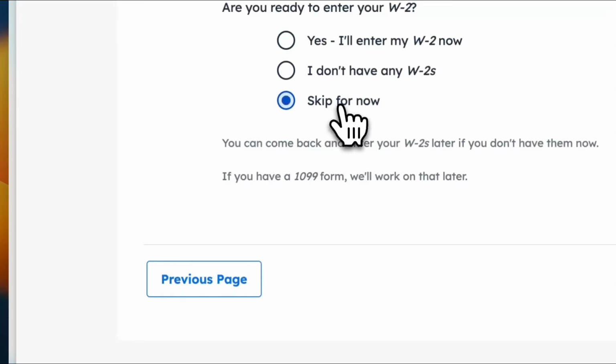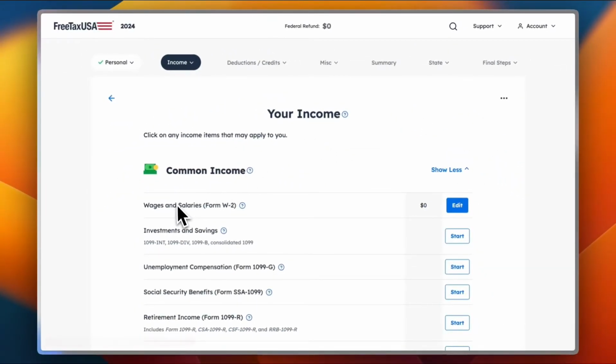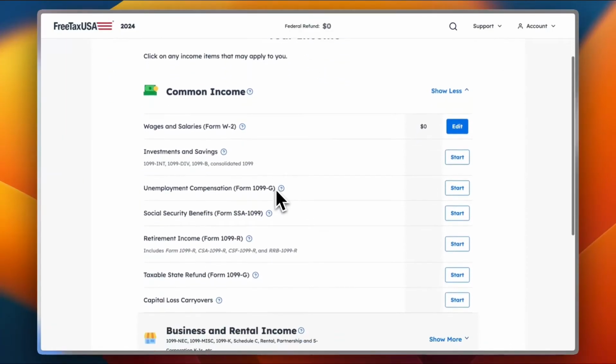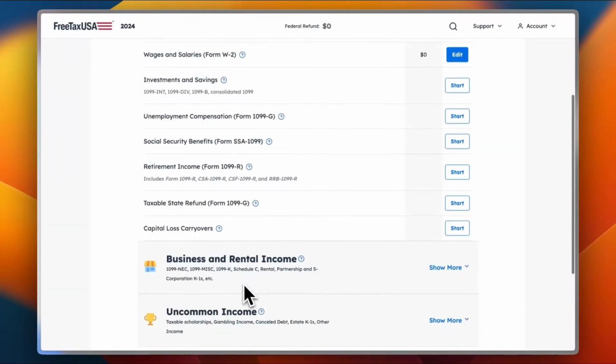So let's go ahead and cancel this for now. And I'll skip the W2 form, or the wage form, right now. And now I can add my income. So I can add wages and salaries from W2, edit the amount right here, and I can start adding any of these income categories. So investment and saving, unemployment compensation, social security benefits, retirement income, taxable state refund, capital loss